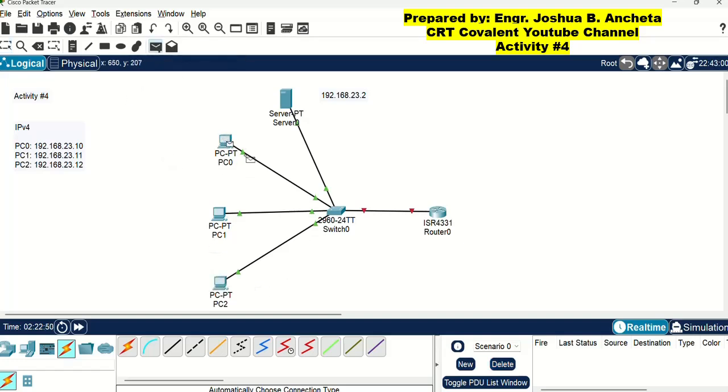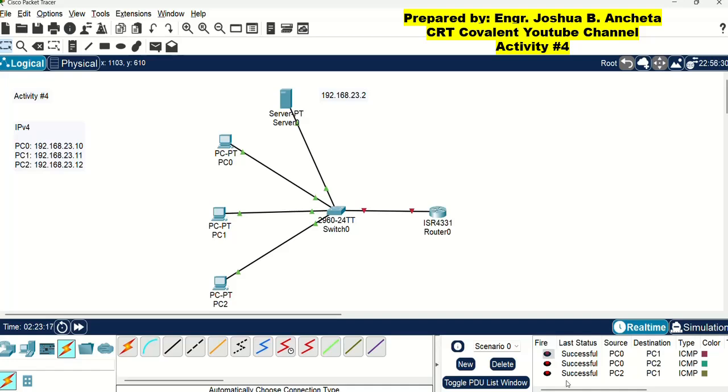Click PC0 and click PC1. And take note the result here is successful. Try another testing from PC0 to PC2. The result is still successful. Try another one from PC2 to PC1 and the result is still successful.